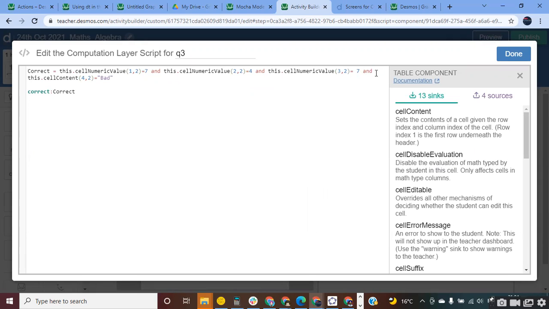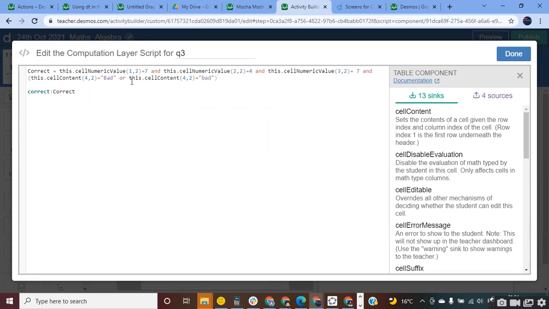When you keep and, use a bracket so that you can define two conditions. And here you can use or. This dot cell content 4, 2 equals to a text in double quotations BAD, right? You just close the bracket and you are done.